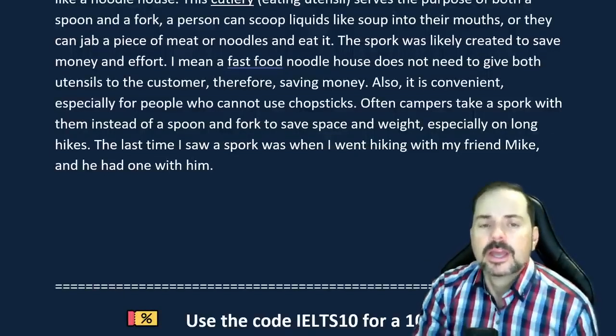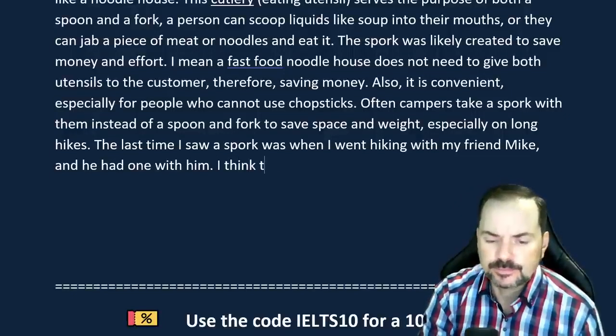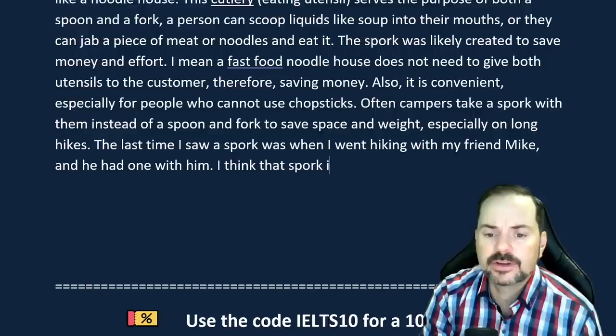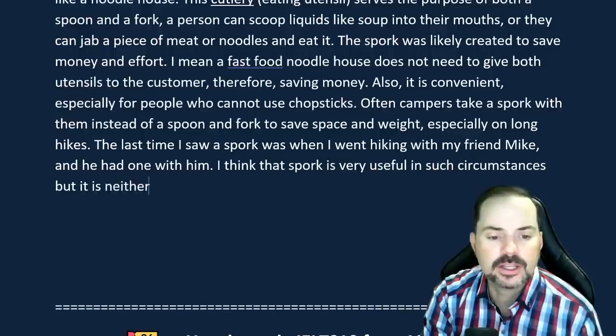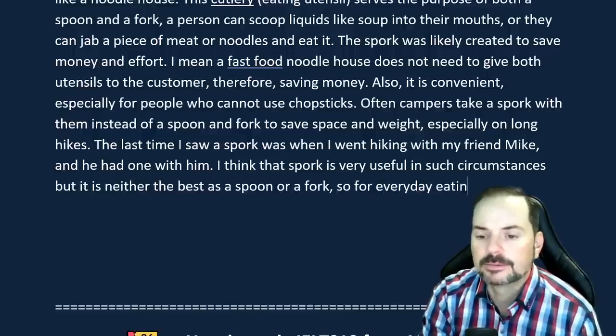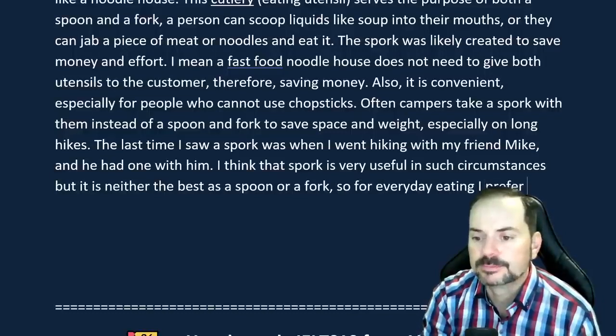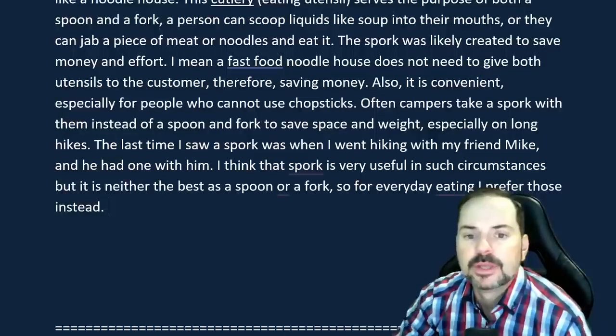Okay, and then the value. I think that a spork is very useful in such circumstances, but it is neither the best as a spoon or a fork. So for everyday eating, I prefer those instead. Okay, now,